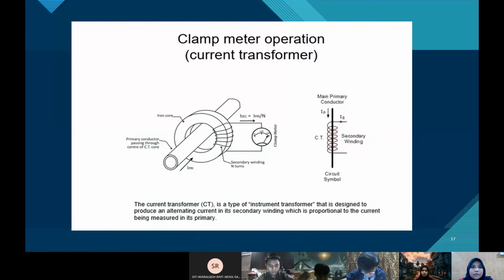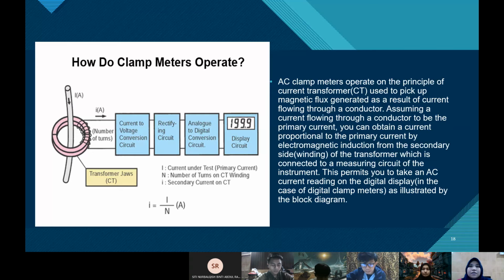The current transformer, CT, is a type of instrument transformer that is designed to produce an alternating current in its secondary winding, which is proportional to the current being measured in its primary. AC clamp meters operate on the principle of the current transformer, CT, used to pick up magnetic flux generated as a result of current flowing through a conductor. Assuming a current flowing through a conductor to be the primary current, you can obtain a current proportional to the primary current by electromagnetic